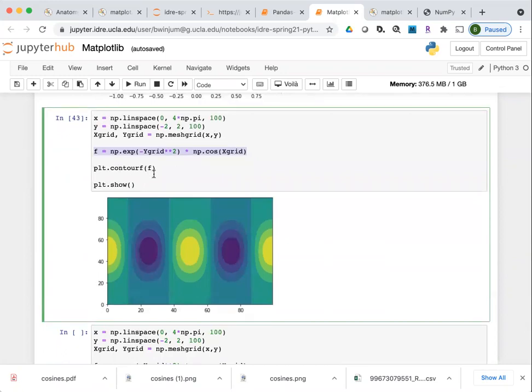With this contour plot, you'll notice, just like with the regular plt.plot, if you don't specify what the x and the y scales are, it assumes that it's just going to give you what the index is for the element. So here I had, these were both 100 elements, which is why it goes from 0 to 100.